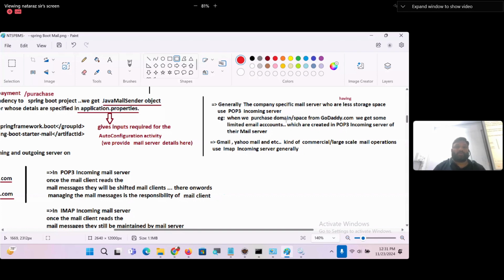When we purchase domain or space in GoDaddy.com, we get some limited email accounts which are created in what? POP3 incoming server of their own mail server. Gmail, Yahoo Mail, and other commercial, large scale mail operations use what? IMAP incoming server generally. Final conclusion is what? Incoming servers are two types, IMAP and POP3. See boss, Gmail comes with both servers but we use the IMAP one only, not the POP3 one